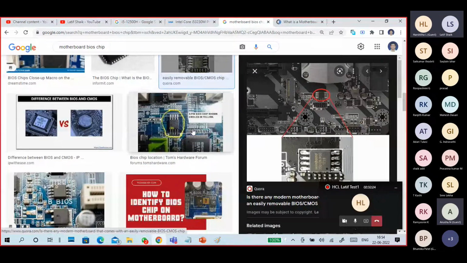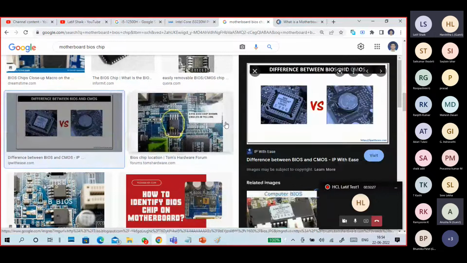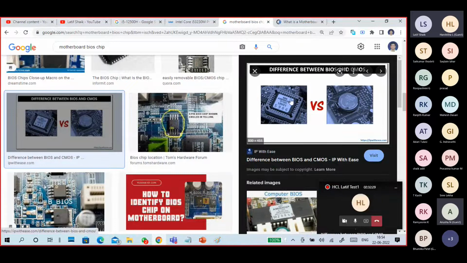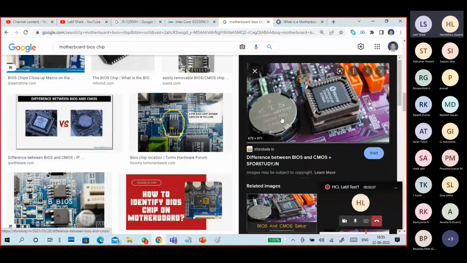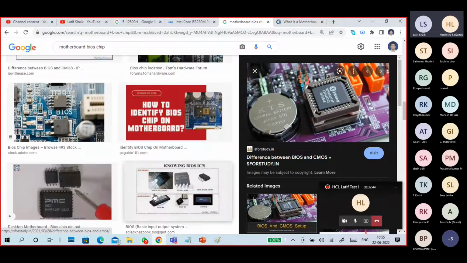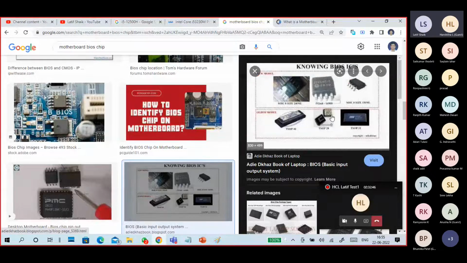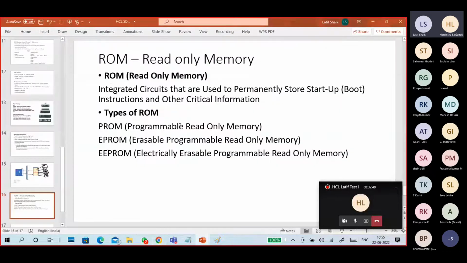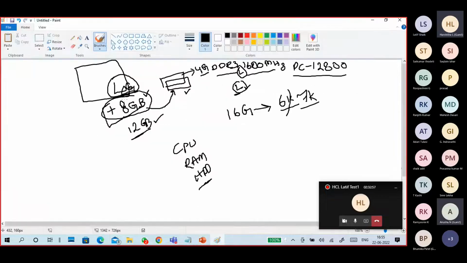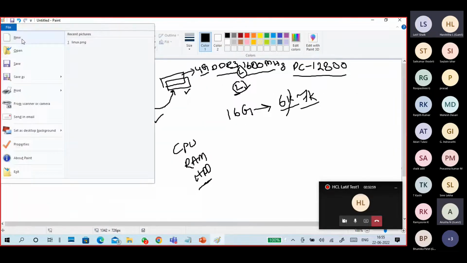Sometimes very small. Usually in early days it is very big. So then we understand. Like this is the chip. A lot of people see this battery and say the battery is a BIOS chip. No, no, guys, it is a battery. This is the battery. This is the BIOS chip. BIOS is a chip. Understand? It is a small circuit, a chip board, like an IC type. Okay. So in a BIOS, I'm going to